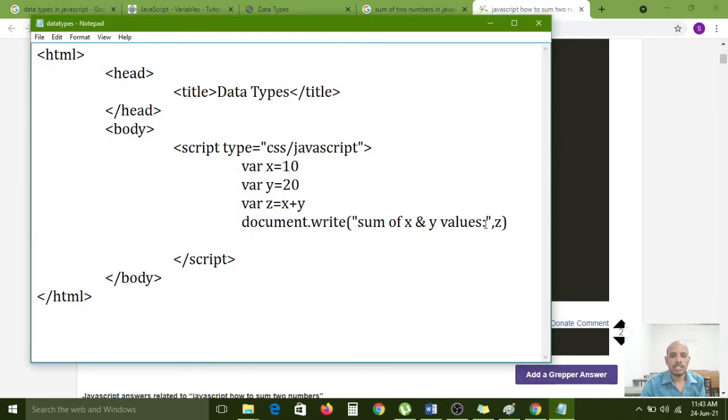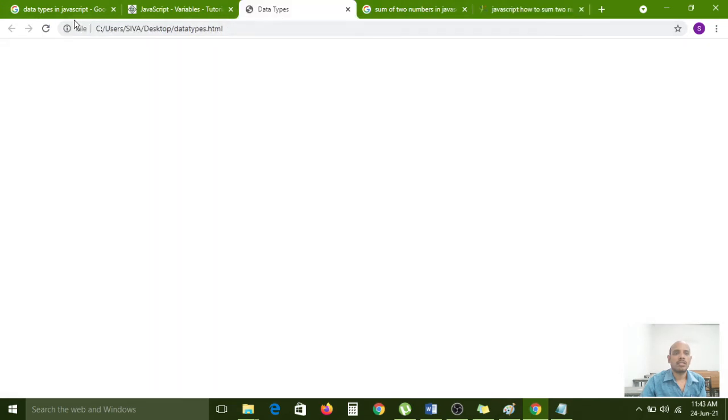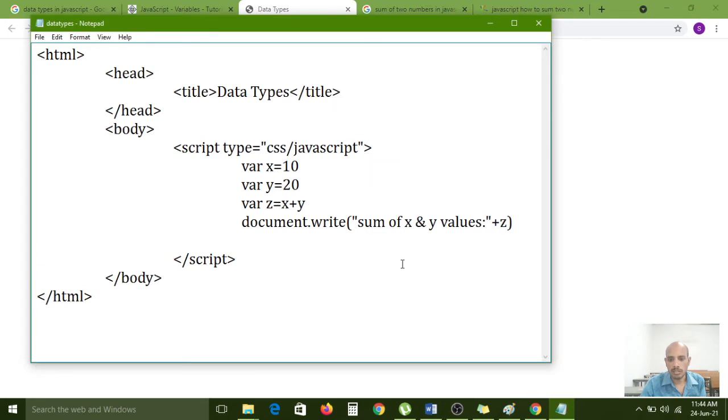Okay, here instead of comma we must use the plus operator. Now I want to refresh the page. Why is it not the sum of x and y values?